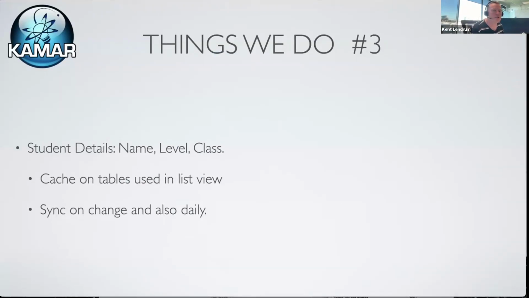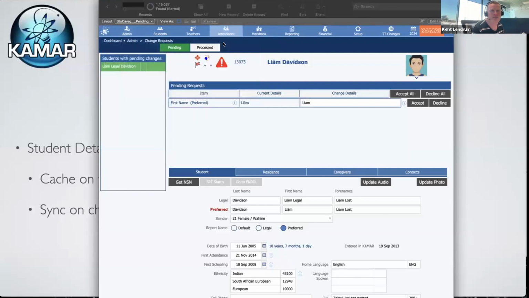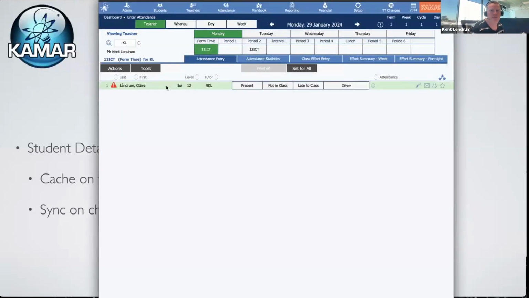This one was driven by WebDirect, but it actually had an improvement on Pro as well. We had layouts, and I'll just hop back into my attendance entry screen. You're viewing 24 records. This is coming from what we refer to as an option record, which is a record for that particular timetable year. But we were showing the student's name, for example, which was from obviously the student details file, which was one record